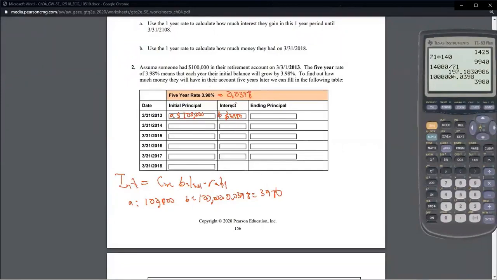So in this state, they're going to compound their interest. They're going to gain their interest. So the SunTrust or BB&T or whoever, they take this $4,000, they deposit it in their account. So how do we find the ending principal? Let's call that block C. C is going to be, well, the previous balance plus the money you just got for free. It's your 100,000 plus your 3980, which is going to be $103,980.